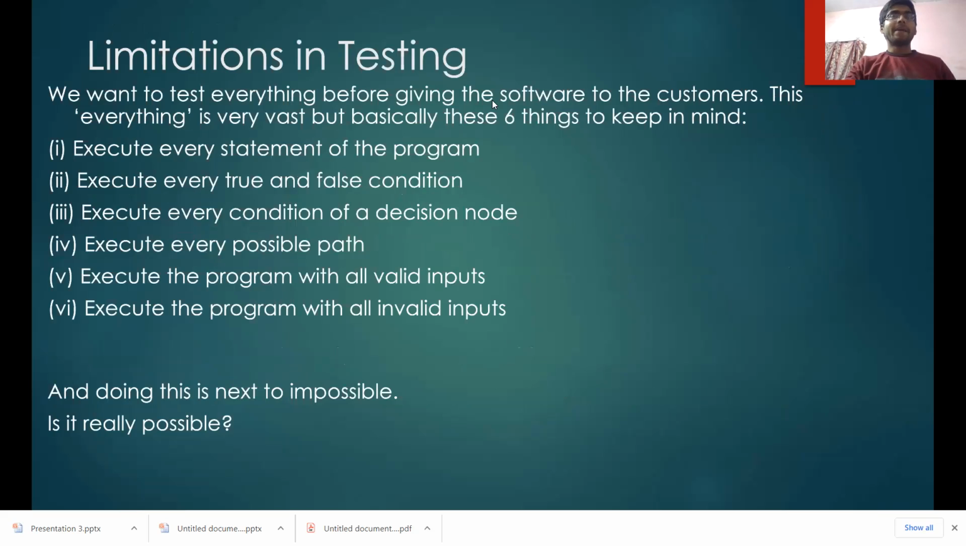Now there are some limitations in software testing. Basically, we need something very vast before delivering our product. We want to test everything before giving the software to the customers, and that everything is really very vast, because